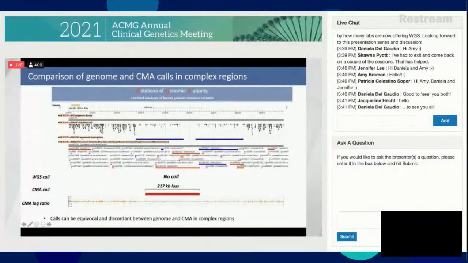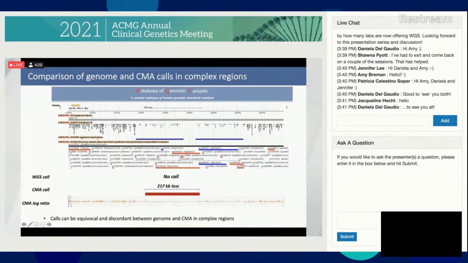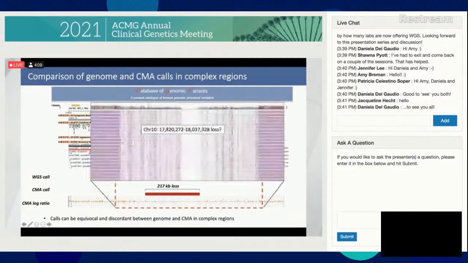You can see the log ratio here. It's a little bit equivocal as to whether there is an actual loss there or not. You can see maybe a little bit of dip in the log ratio. And so if you zoom in on this region in the genome and start looking at the BAM file, you